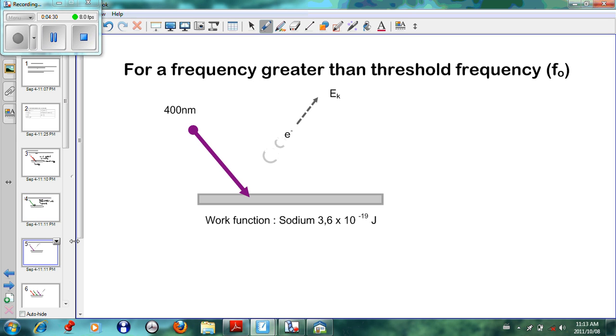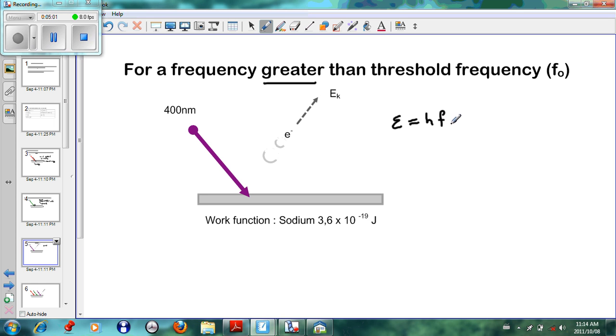Now, going further, what if we have a higher frequency? We see that violet light has a greater frequency than green light, which has a greater frequency than red light. So because violet light has a greater frequency than the threshold frequency, it basically provides more energy to the sodium metal than green light. So the energy that's given off in this case is written as hf,